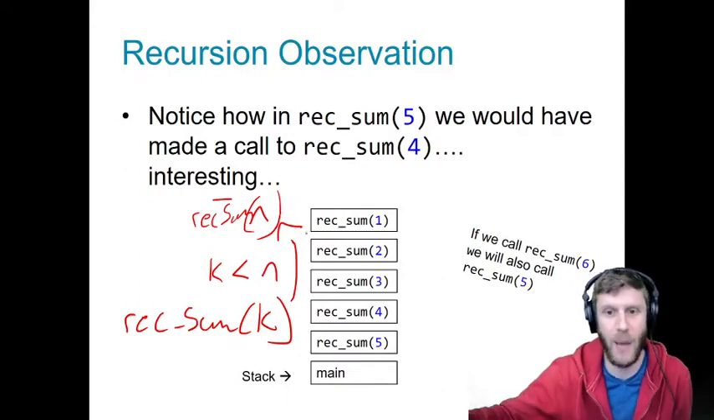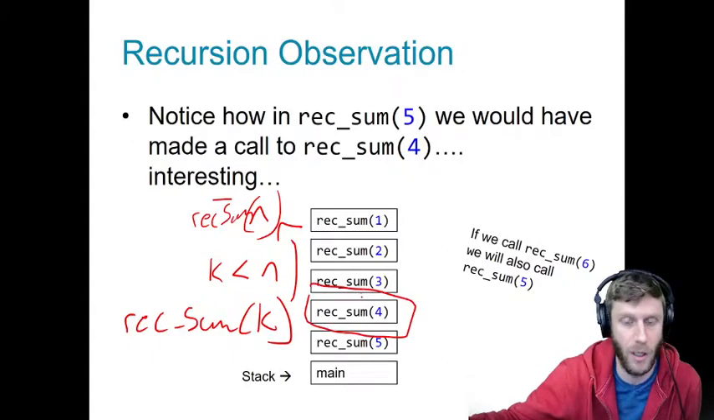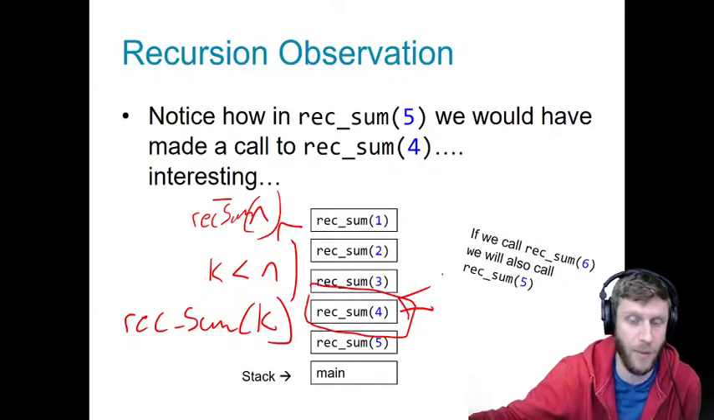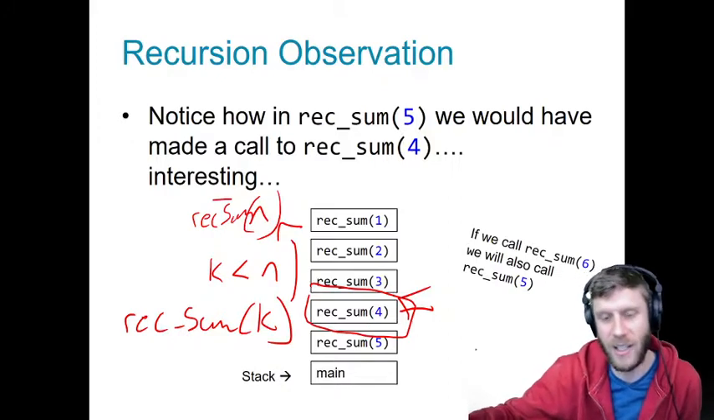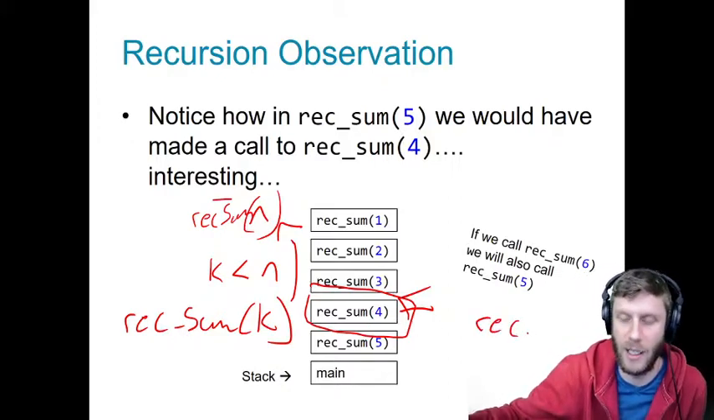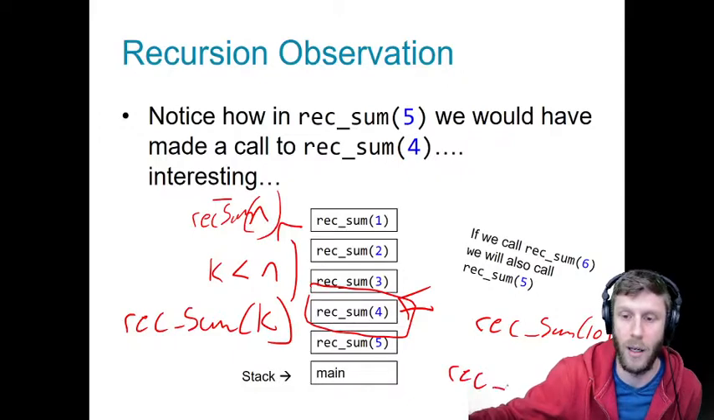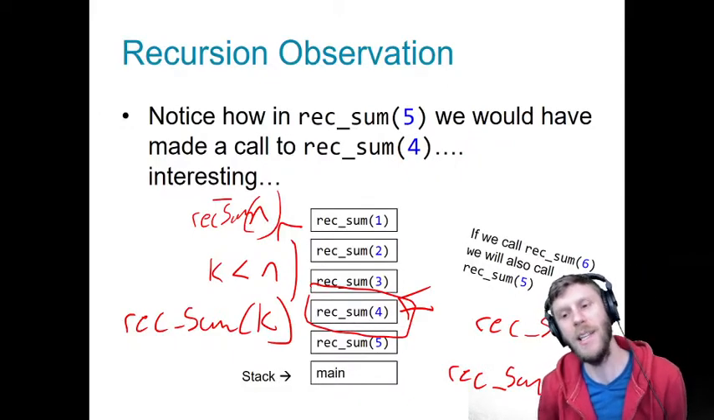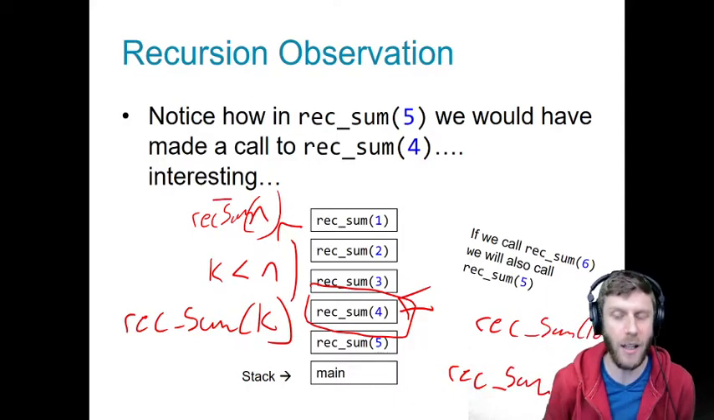That should make sense. Basically, in calculating rec sum 5, we found out what rec sum 4 was. So we actually know what the sum of all numbers from 1 to 4 is. Imagine I just calculated rec sum 10, and then immediately after I call rec sum 5, I will be doing work I already did. Because when calculating rec sum 10,